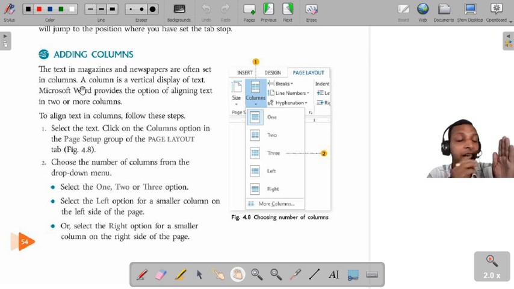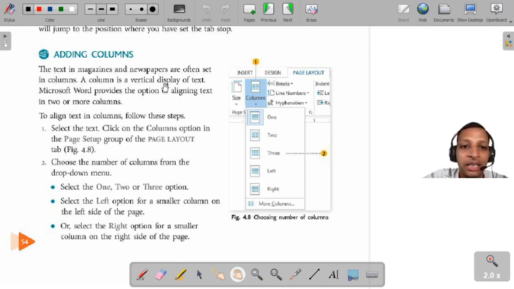When you start reading from one side, you keep on reading. If it is not column wise, you keep on reading, reach the end, then the next line, and you will get confused about which line you were reading. That is why there are columns. You read and come back to the next line. Understanding what I'm saying? If you read a very long line, you'll forget where the next line was. To make reading easier, the column system has been put in place and it is extensively used in newspapers and magazines.